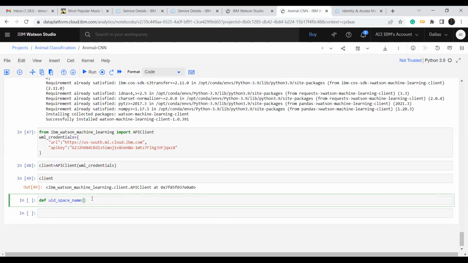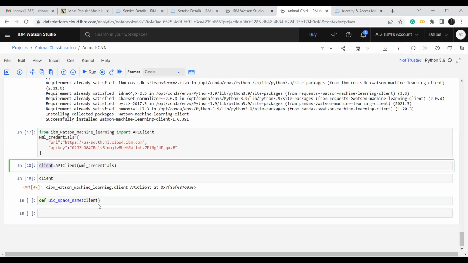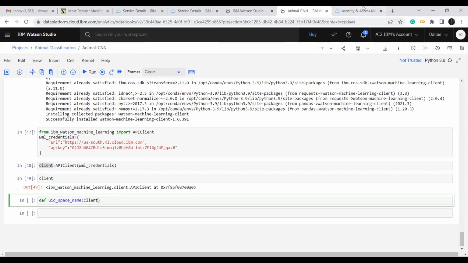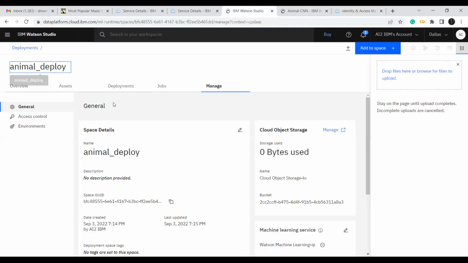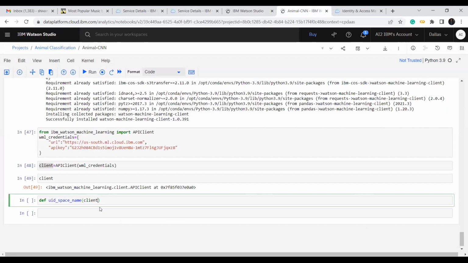You need to pass client basically. This client we are passing right now to validate whether this deployment space is created in this particular account or not. So this is how it will validate. So we pass the client here, and animal underscore deploy is my deployment space. So deploy name, colon,